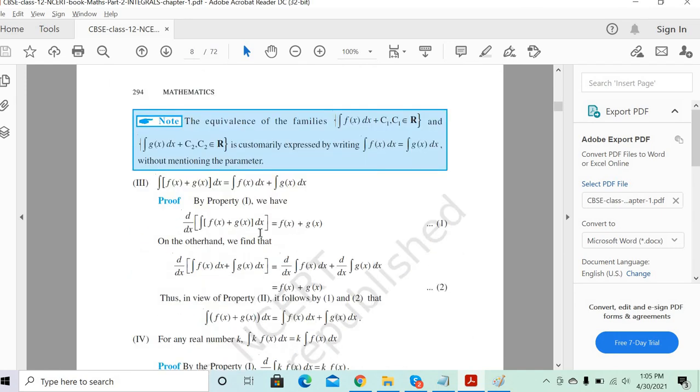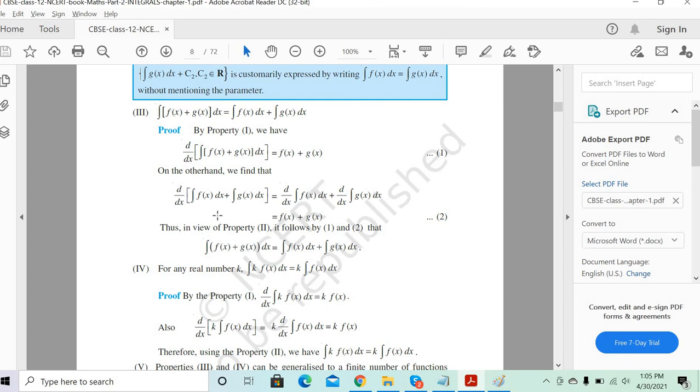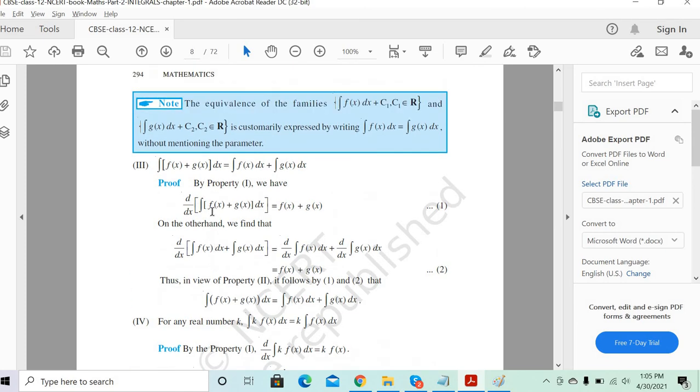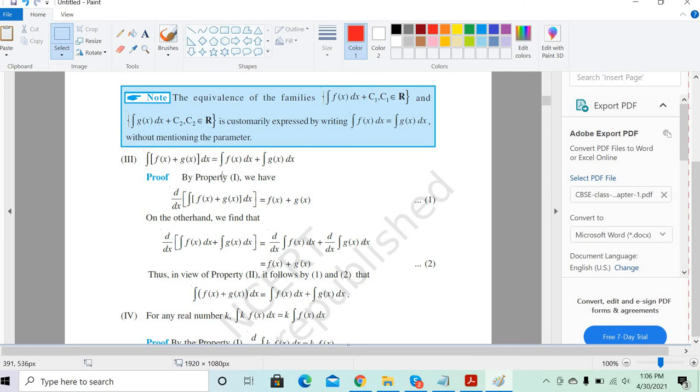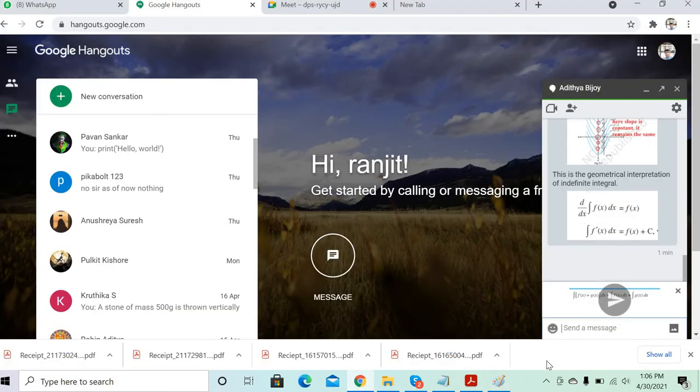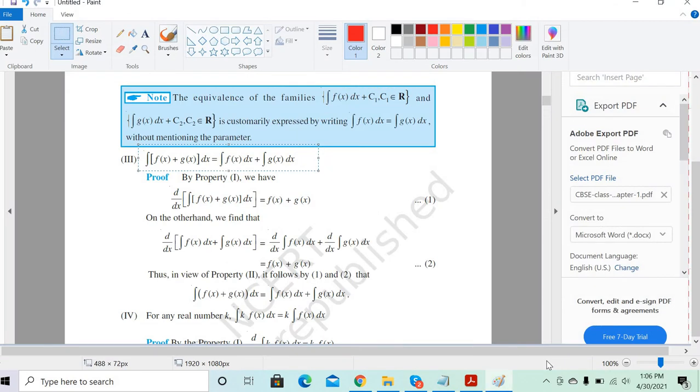Okay, a couple more things we'll discuss in this part. Another property: we don't need the proof, but just like differentiation, when you have any addition or subtraction, we can handle the individual terms. So integration can also be done with the individual terms. Whenever two functions are there, you can integrate individually. If f of x plus g of x dx is there, you can integrate f of x separately and g of x separately, just like differentiation. Got it? The product of two functions will be different; that product rule we will study later.